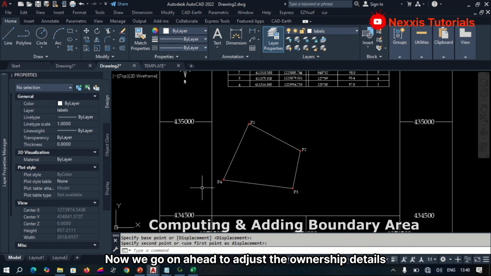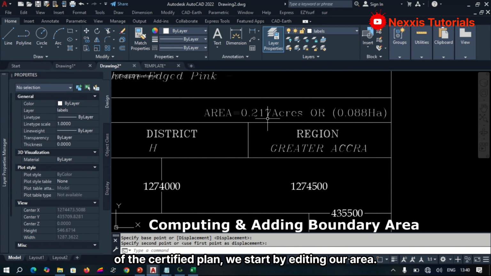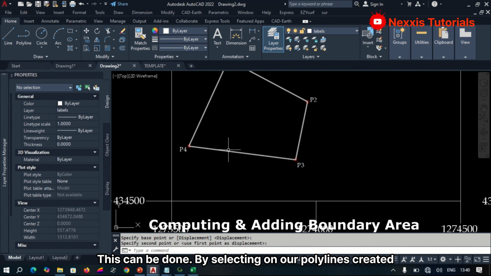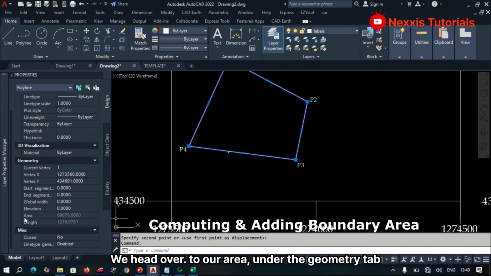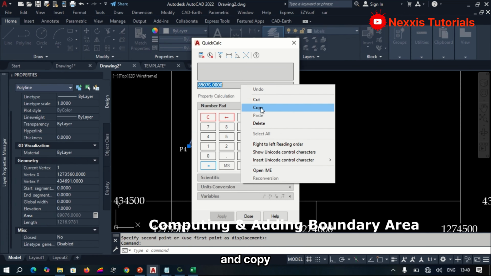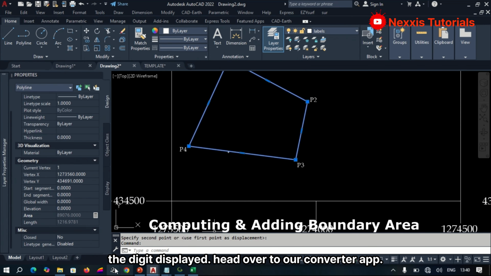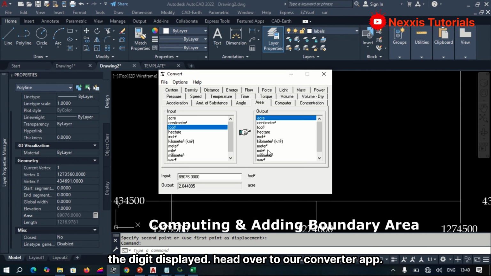Now we go ahead to adjust the characteristics of the certified plan. We start by editing our area. This can be done by selecting under Polygon Rated. We head over to our area under the geometry tab. Copy the data displayed. Head over to our converter tab. We select our area, and most all plans in Ghana